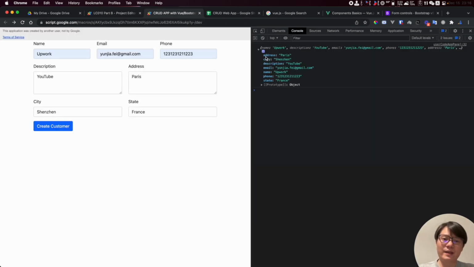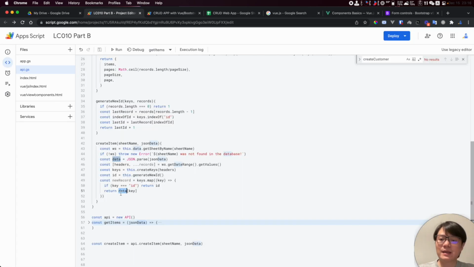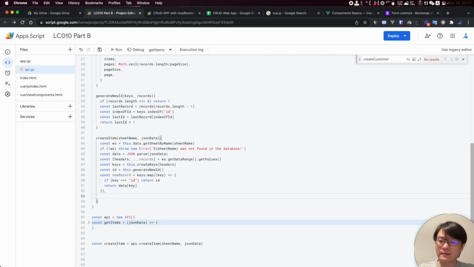Remember, if the header is address, we get the address value, which is Paris, right? If the key is the city, we get the city value, and we pass it here. We basically map everything from this data object and put it into this new record, and this new record is going to be an array. So this is a new record, and we need to